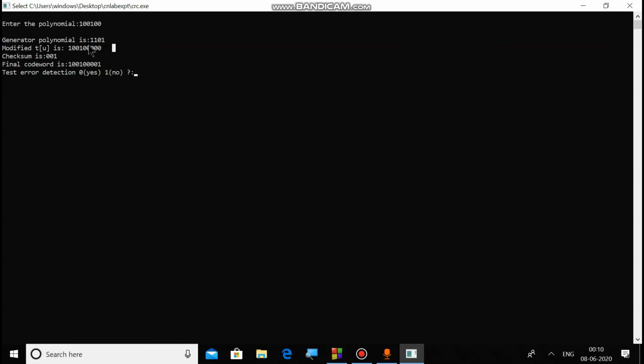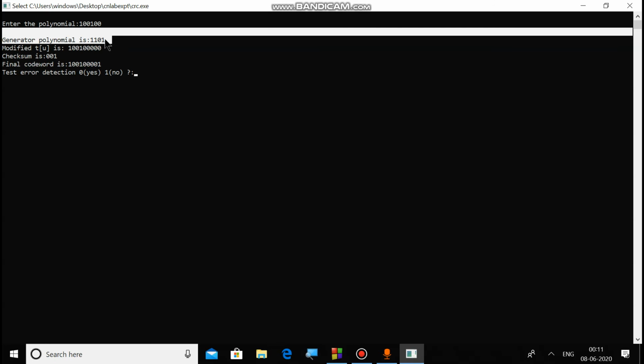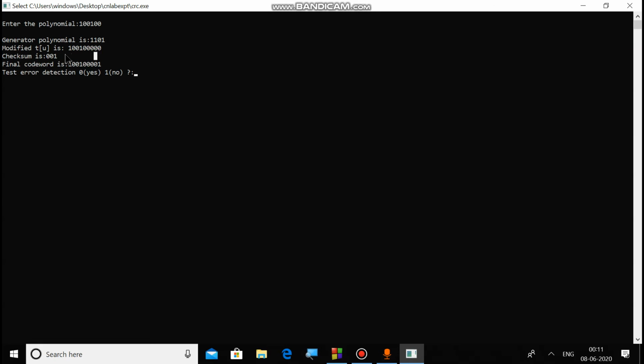Here 3 zeros because the generator polynomial is of 4 bits, so there will always be one less bit, and that one less number of bits will be appended at the low order side of the message. So the checksum after CRC calculation, as per the example, is 001.